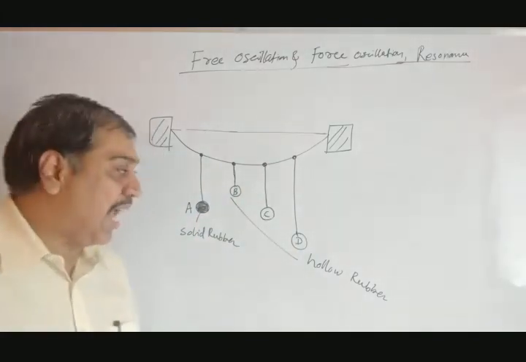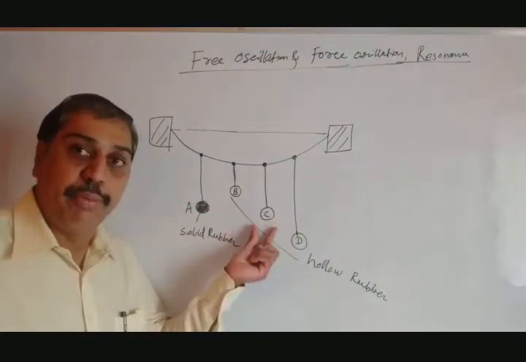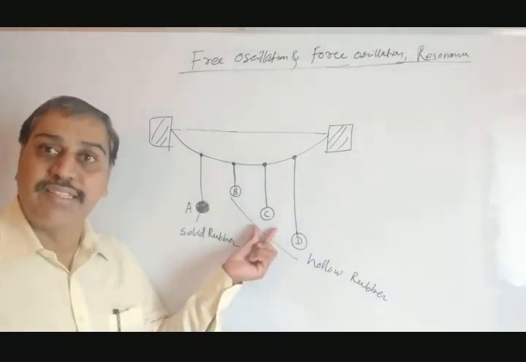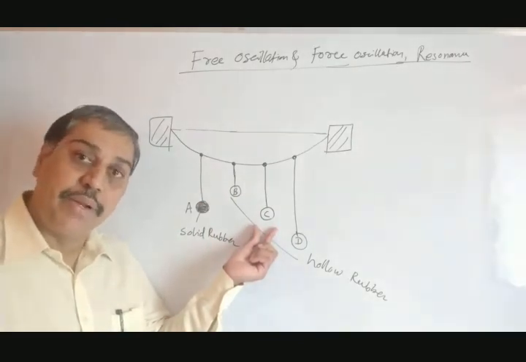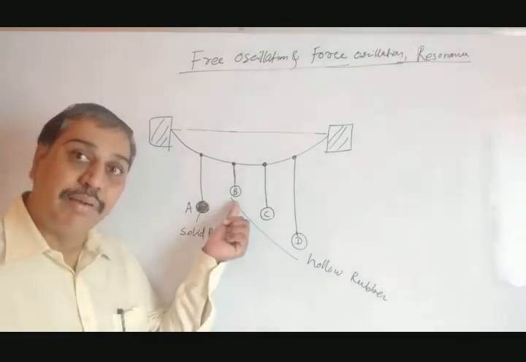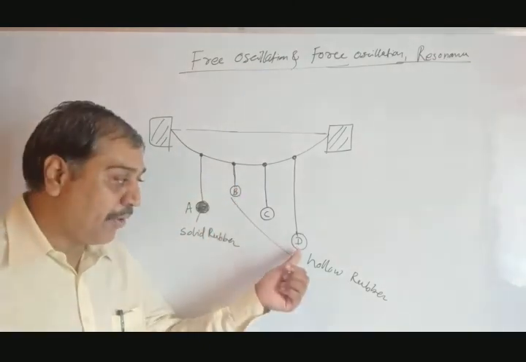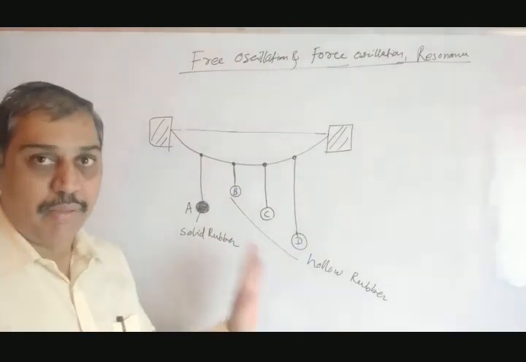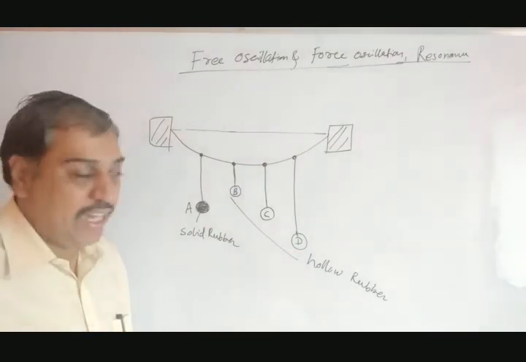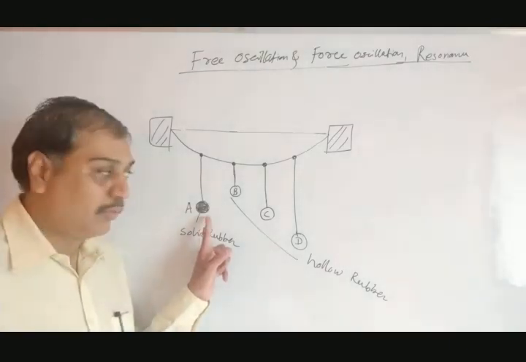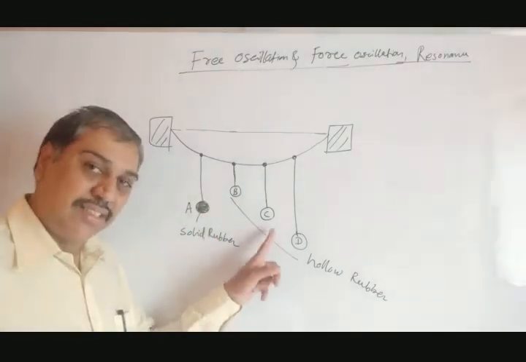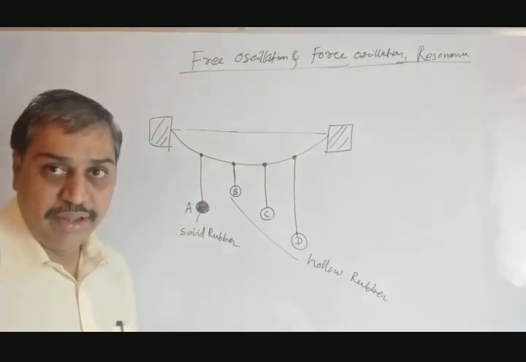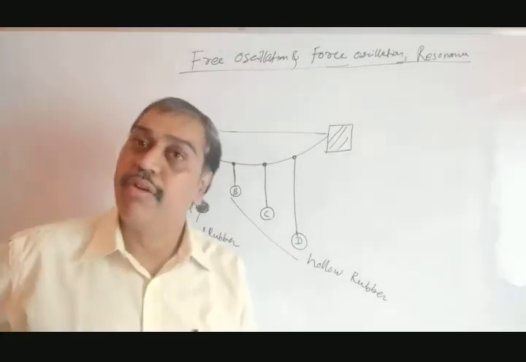While doing this, it is seen that the frequency of A and C would be exactly equal. Why? Because they have equal length. So their frequency is the same, and they vibrate with the same amplitude. The amplitude of B is maximum because it is shorter in length. The amplitude of D is small because it is large in length. So this is one of the best examples to explain free oscillation, A and C, and forced oscillation, B and D. C is vibrating with A, so both have the same natural frequency, and they are said to be in free oscillation. B and D are said to be in forced oscillation.